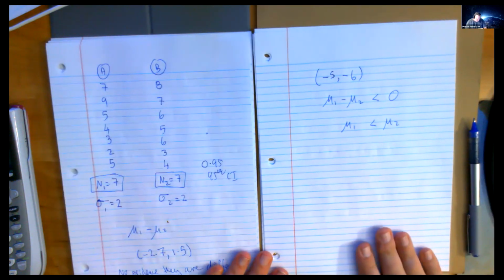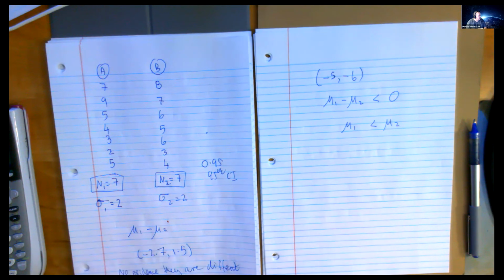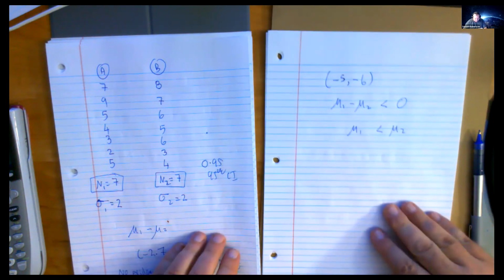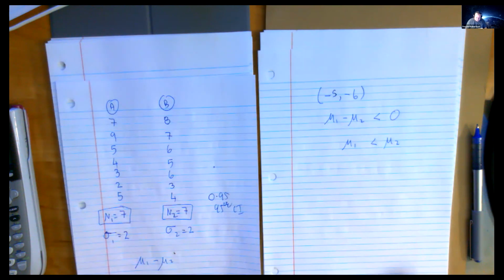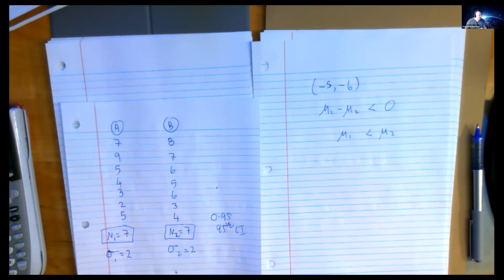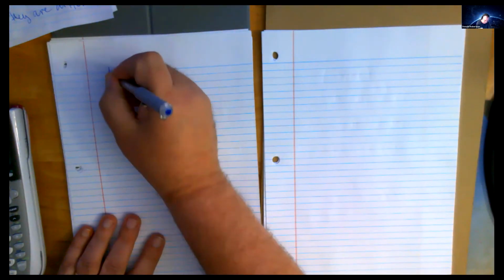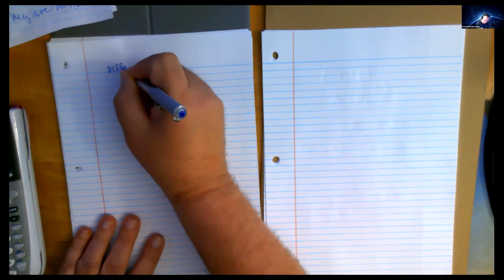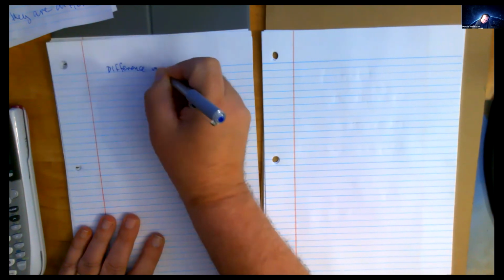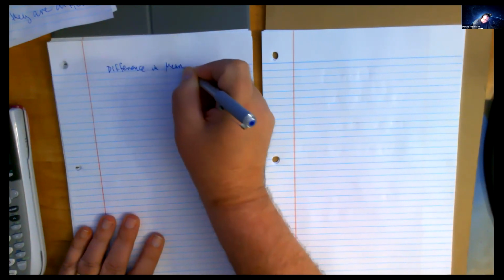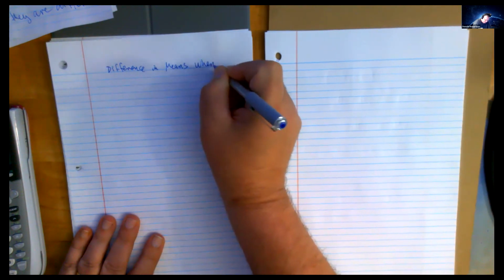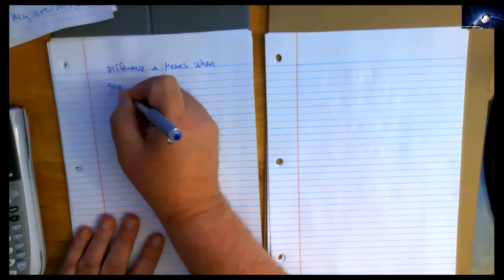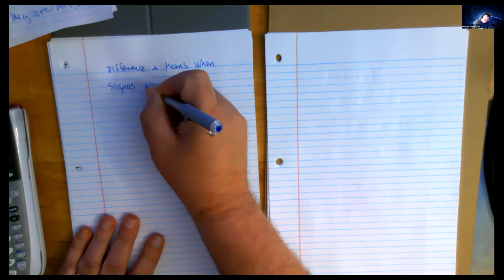Are we good with that, as to how to approach this question then? So now we have a new guy in town. We can find the difference in means when sigmas are known. So now I'm going to find the difference in means when sigmas are not known,